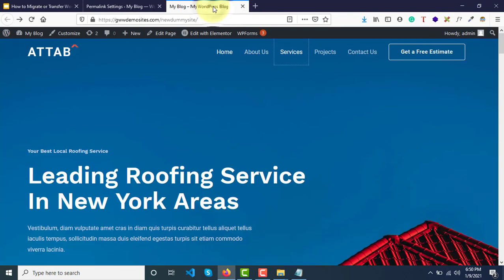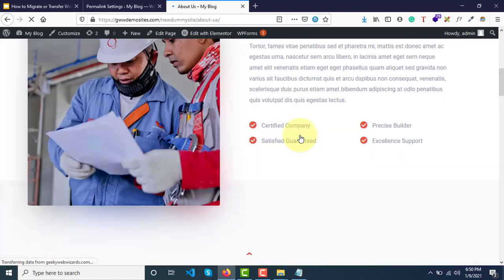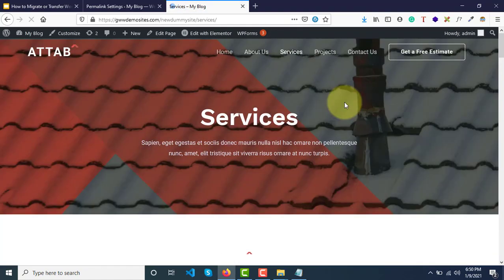Now go back here, just refresh this. Now if you go to the about us page, it is working perfectly. And now if you go to the service page, it is working. Similarly, all pages will be working perfectly now.